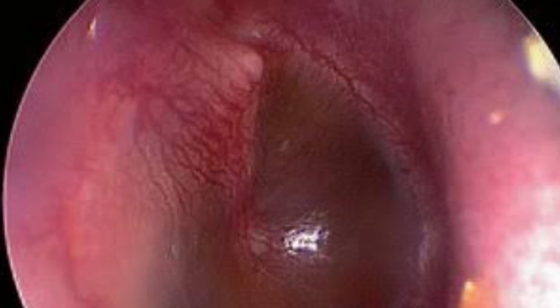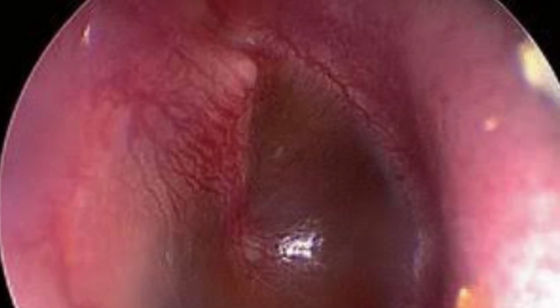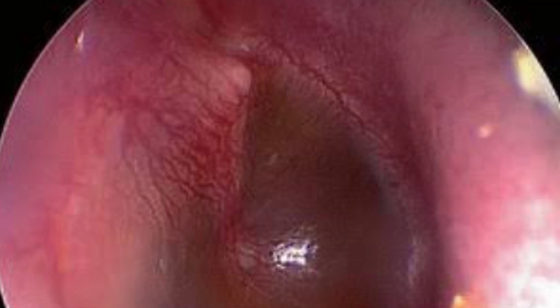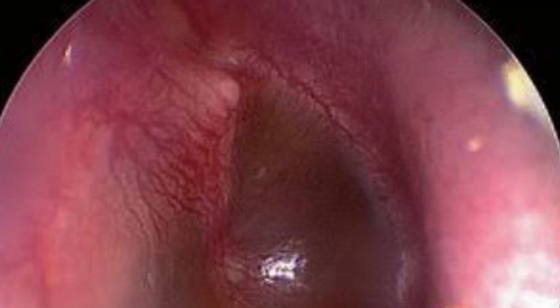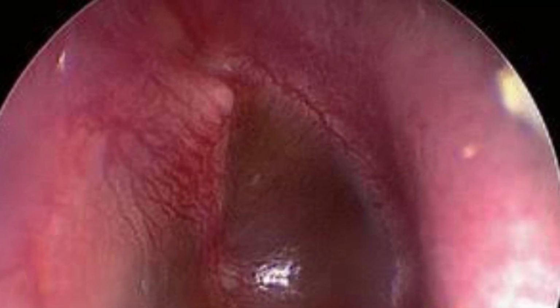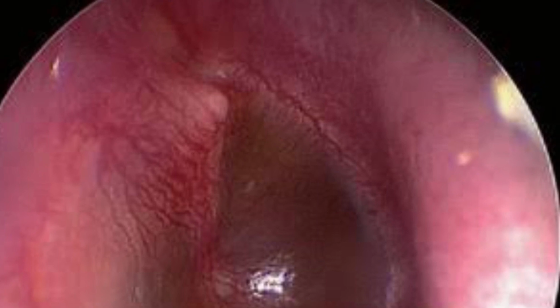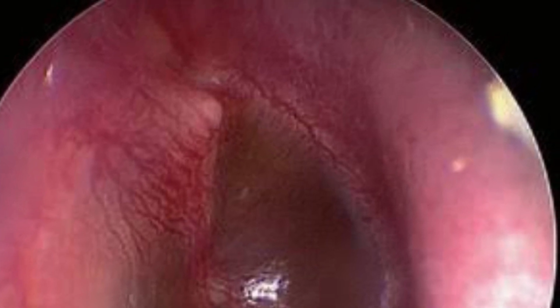The cone of light, usually easy to see, helps to orient us. Identify the handle of the malleus, noting its position, and inspect the short process of the malleus. Gently move the speculum so that you can see as much of the drum as possible, including the pars flaccida superiorly and the margins of the pars tensa. Look for any perforations. The anterior and inferior margins of the drum may be obscured by the curving wall of the ear canal.